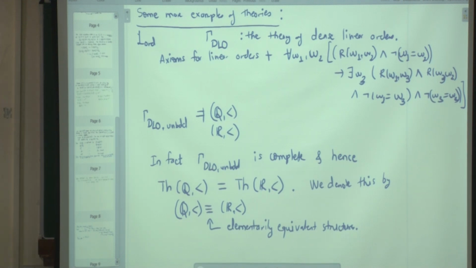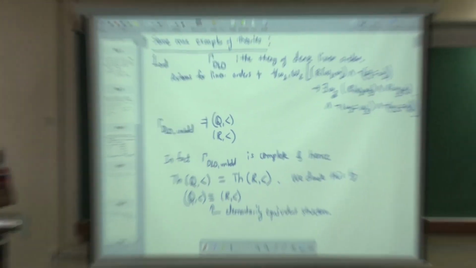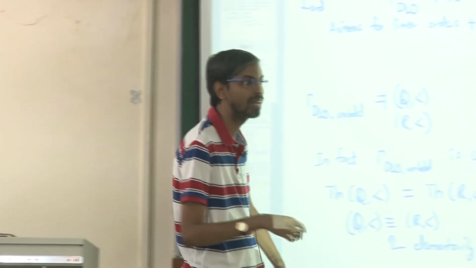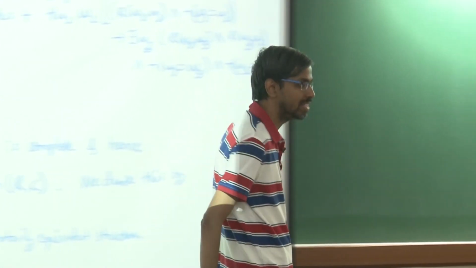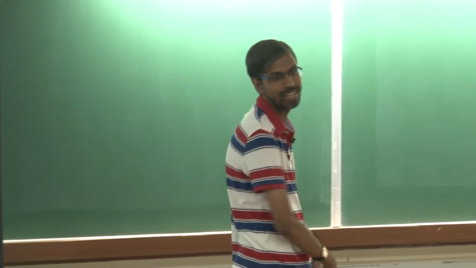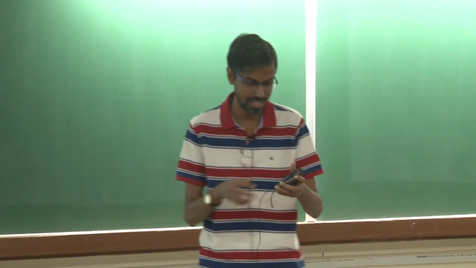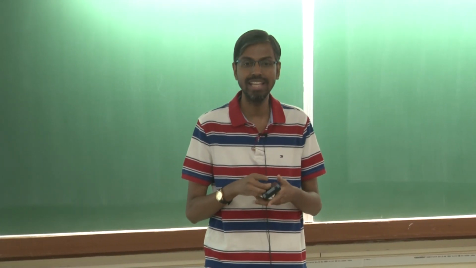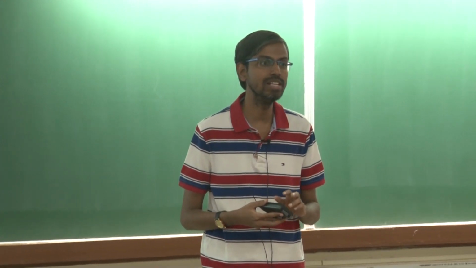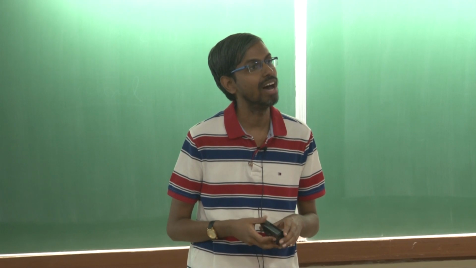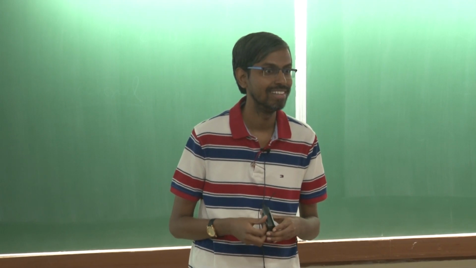Okay, I am going to stop here. In the next lecture, we'll begin with one more example, the theory of algebraically closed fields. Please revise your definitions of algebraically closed fields if you have ever seen them, at least the definitions of fields. And we'll see that algebraically closed fields of characteristic 0 or characteristic P again are a complete theory. Yeah, that is the interesting point about them.